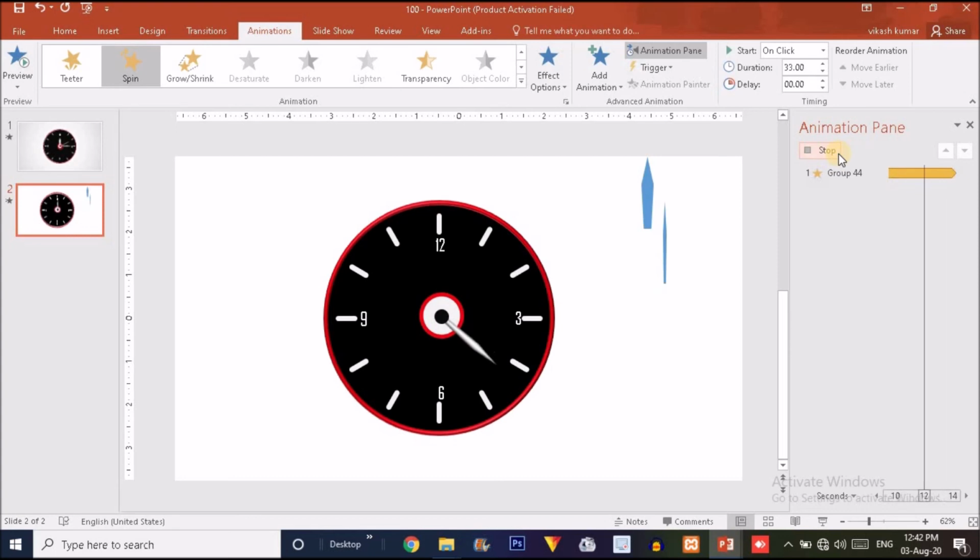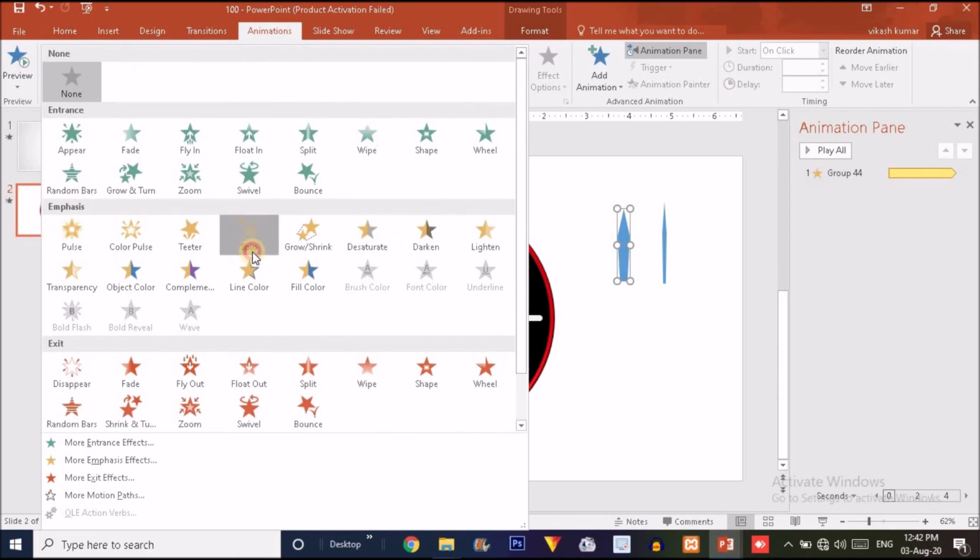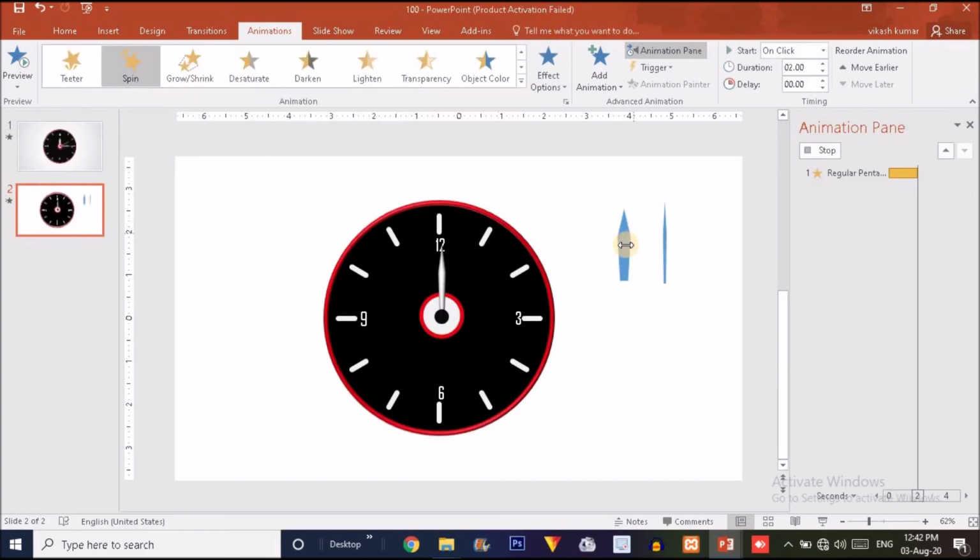And now what you think, why am I making a duplicate copy of this needle at the bottom and hiding that particular part? Because whenever I just want to apply an animation effect over a single needle, then see what happens. I'll just click on the Spin option and it will rotate through its own orbit. Means if we are talking about this particular needle, its center is something here. As you can see my cursor, its center is something here. So it will start rotating from that center.